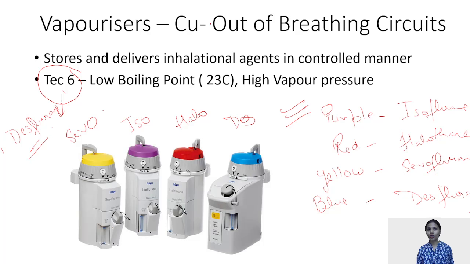You all are curious to know why this headache was taken for one of the inhalational agents like desflurane. We'll come to this when we talk about inhalational agents, but just a star question you can see for this very session is that desflurane is a gas which is known for a very quick onset and very quick recovery from the anesthesia. It is nowadays very much famous to be used for daycare surgeries.